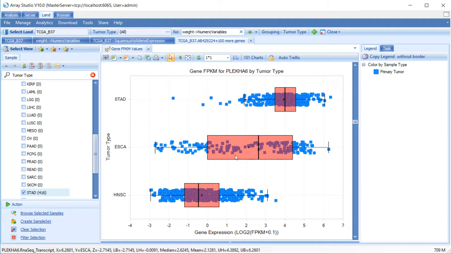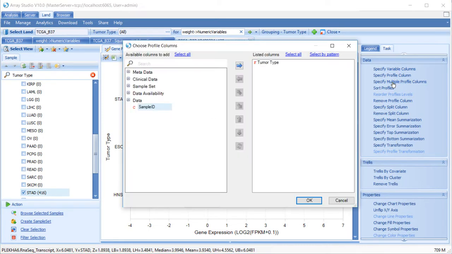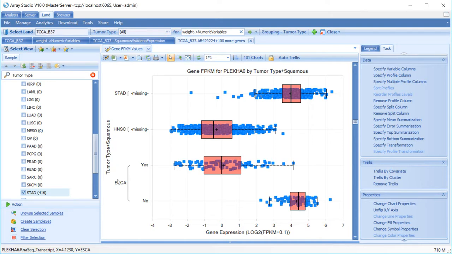We can use our sample set to split these cancers based on their subtype using multiple profile columns. Let's add our sample set to split the esophageal cancer group. By moving it over to listed columns, we now see that esophageal cancers are split by the grouping squamous versus